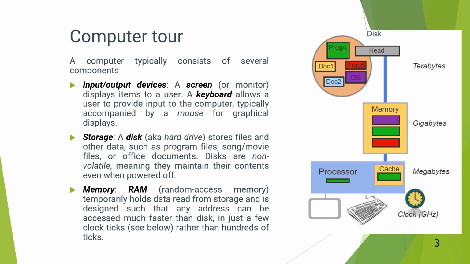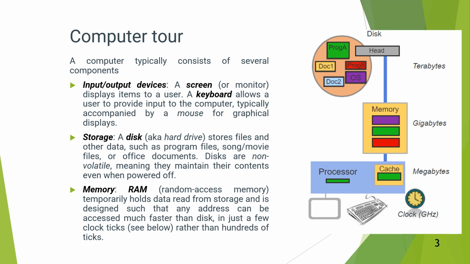Generally, a computer consists of several components like input devices, output devices, storage, and memory. An input device we can consider as a keyboard or joystick, and output devices we can consider as a monitor. Storage, a disk, stores files and other data such as program files, movies or office documents. And coming to memory,